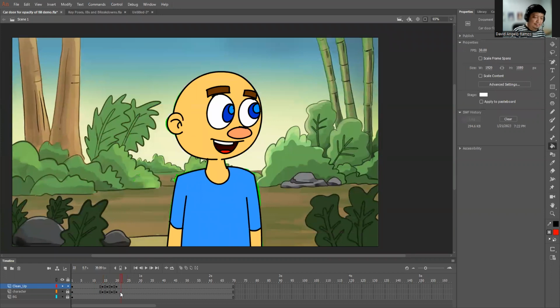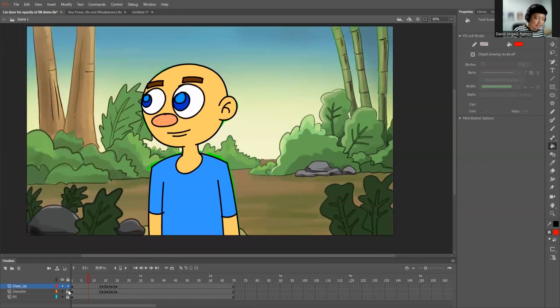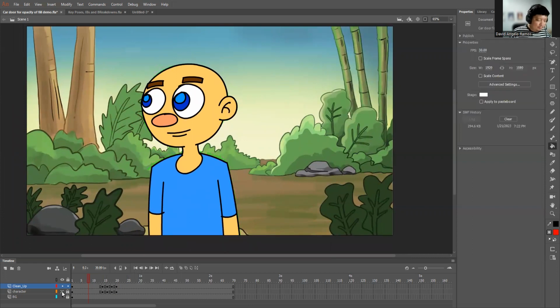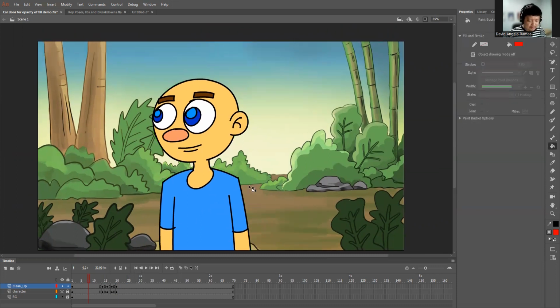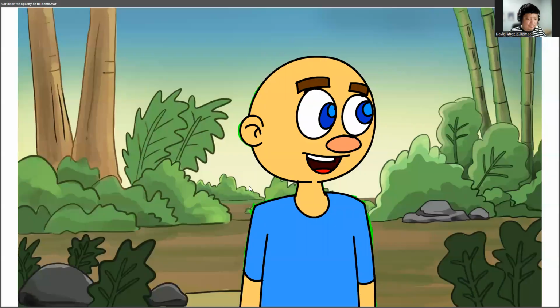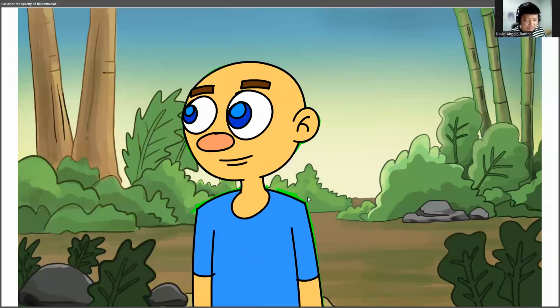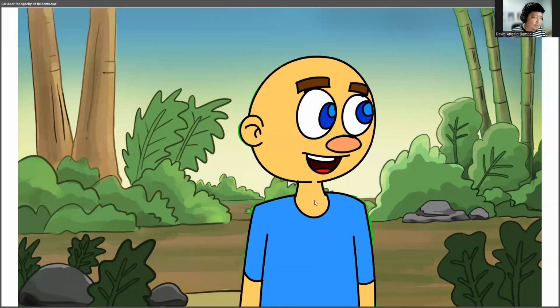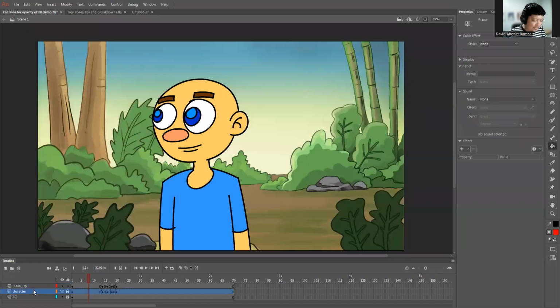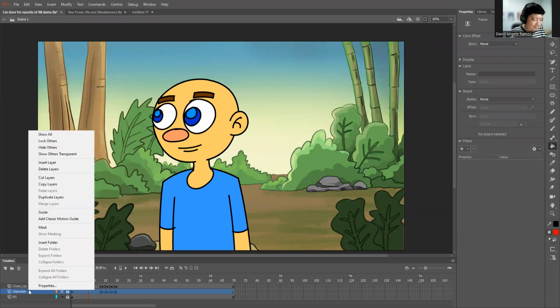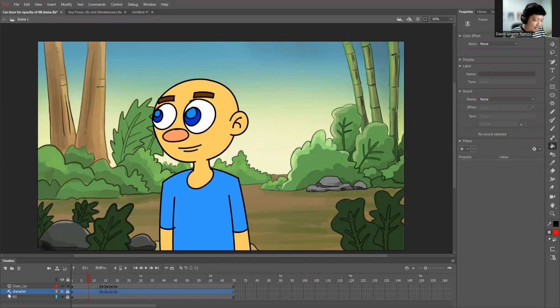A very simple character. And if you want to hide the rough sketch behind, you can just hide it. But when you press Control Enter, you can still see the rough sketch. So for us to eliminate it altogether, you can just delete the rough sketch, or you can right click at that layer and put guide on it. So that icon becomes a hammer. Then if you press Control Enter to play the animation,